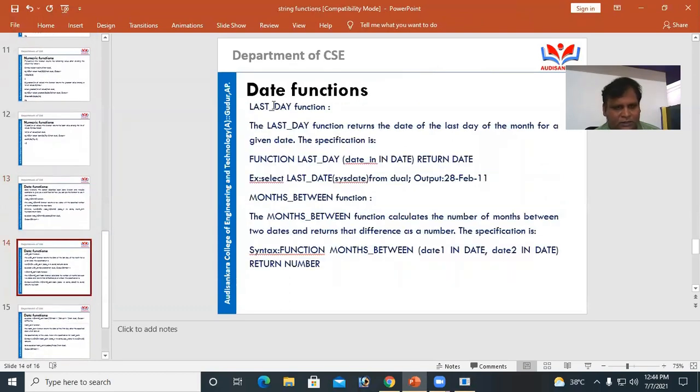Another date function is LAST_DAY. This function returns the date of the last day of the month.